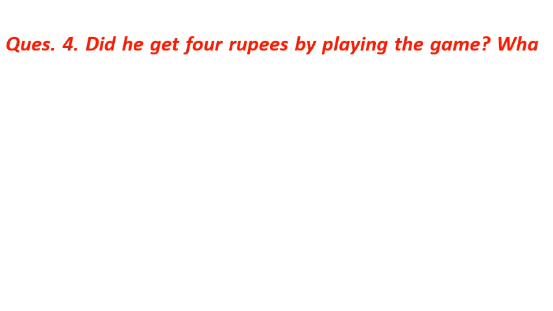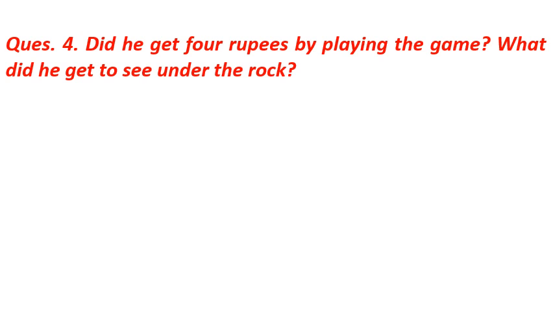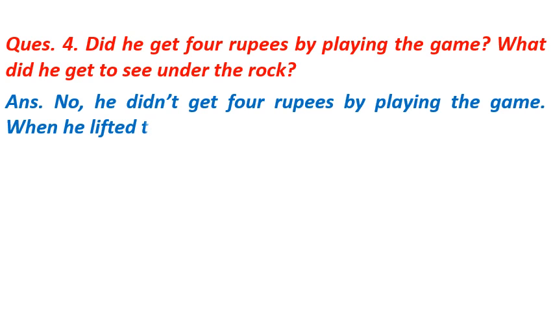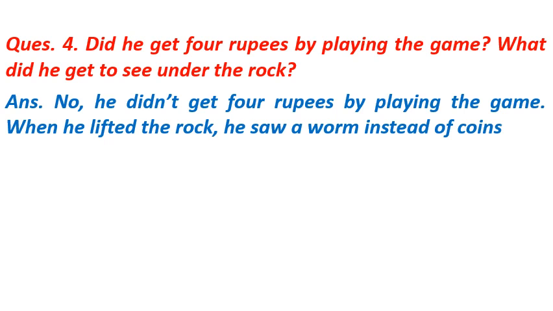Question number 4 is, did he get 4 rupees by playing the game? What did he get to see under the rock? The answer is, no, he didn't get 4 rupees by playing the game. When he lifted the rock, he saw a worm instead of coins. Question number 5 is